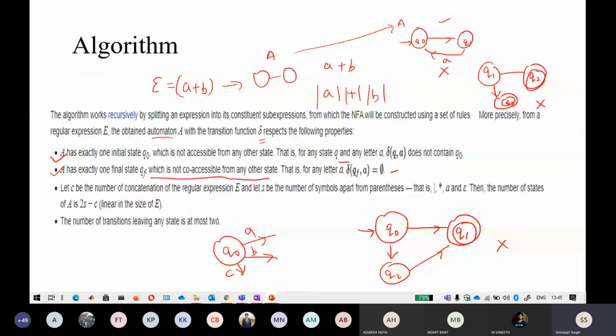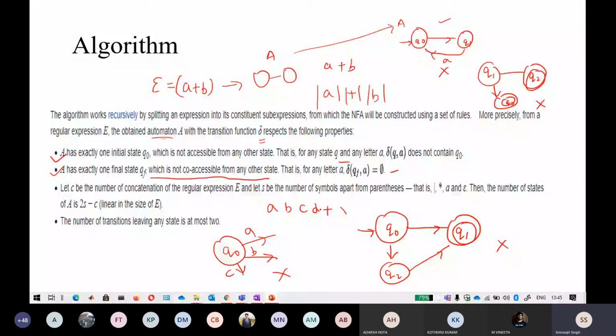It is also saying: let c be the number of concatenations in the regular expression E, and s be the number of symbols apart from parentheses. Suppose some regular expression is written like a b c d, with plus between terms, something like this.